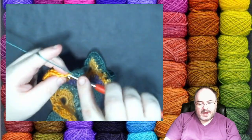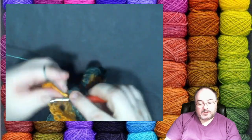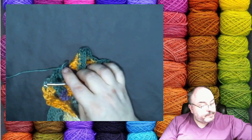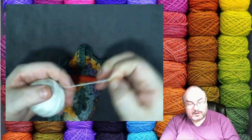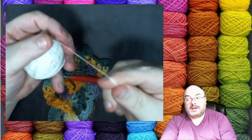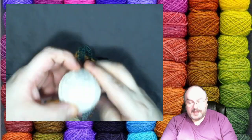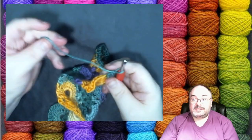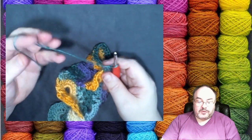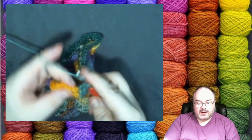Not really delicate. When I think delicate, I think of a really thin, fine yarn. If it was like a crochet cotton, this here would be delicate. Believe it or not, this is a size 4 worsted. It's a very thin 4. I would consider it a 3. So I wouldn't really call this a delicate yarn,